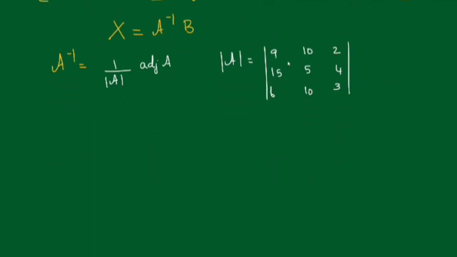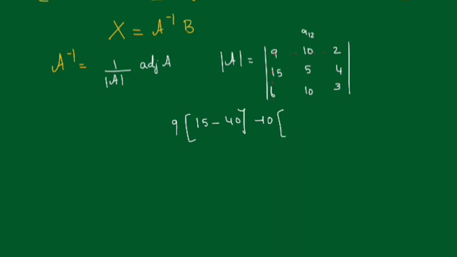You take any row. I am taking the first row. The first element is 9. Cut this row and this column. What is left here? 5, 4, 10, 3. So 5 into 3, cross multiply, 15 minus 40. Now the second element will have a minus sign. It is in the odd place, and odd places will have a minus sign for the cofactors, isn't it? So minus 10 into